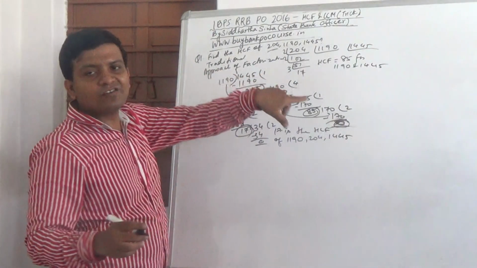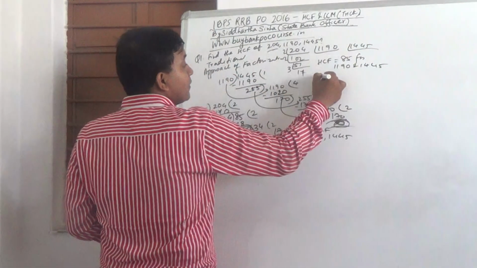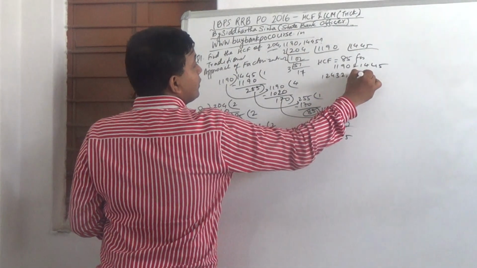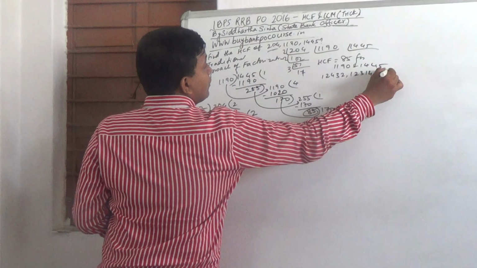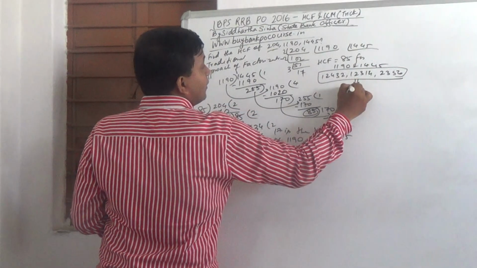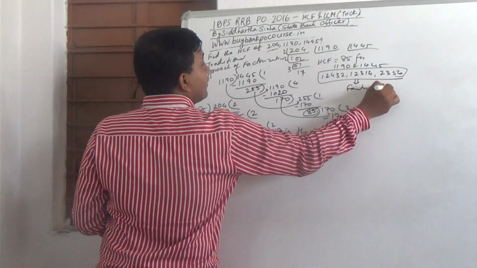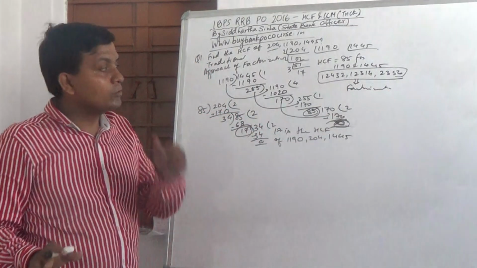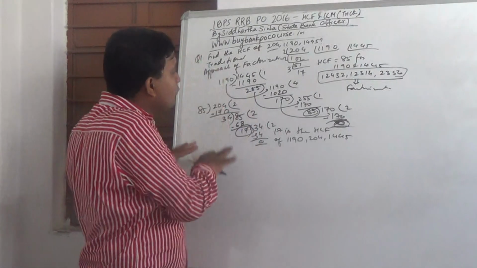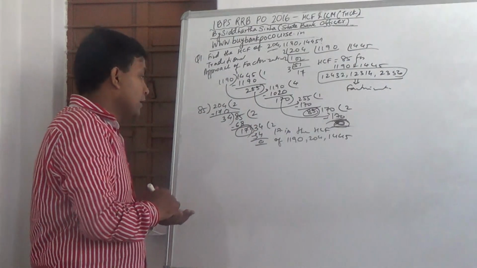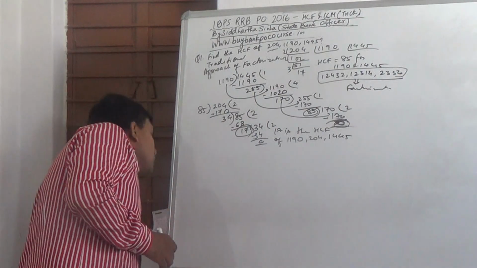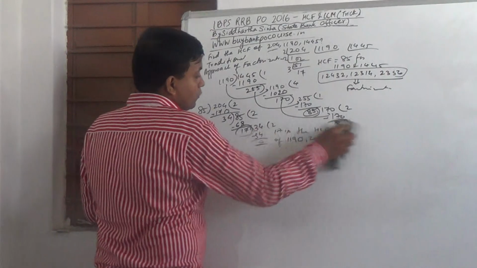See, in this small fraction you could solve. But say if the numbers are like 1, 2, 4, 3, 2, 1, 2, 3, 1, 4, 2, 3, 5, 6, here you can't do it by factorization. It will be time consuming, of course. So don't apply factorization here. Go with this trick, it will help you out. In an easy way you could get your answer. So this question came in. Now question number 2.